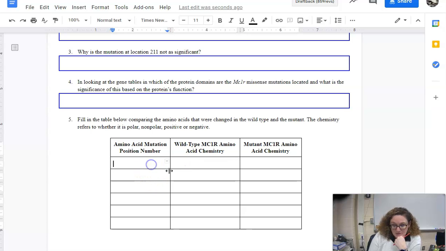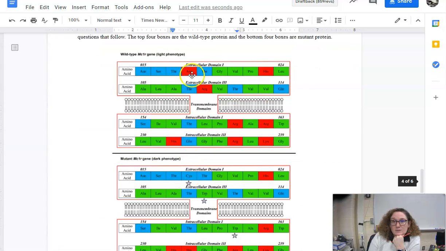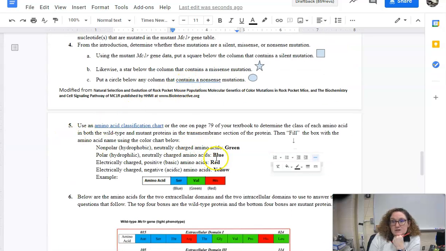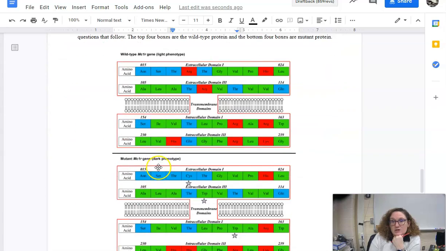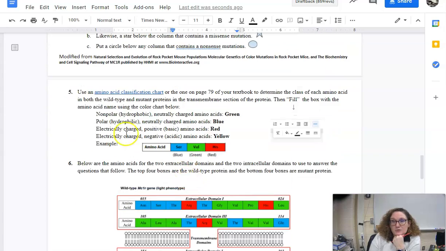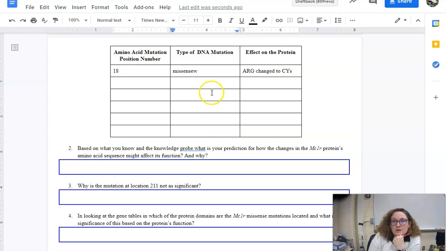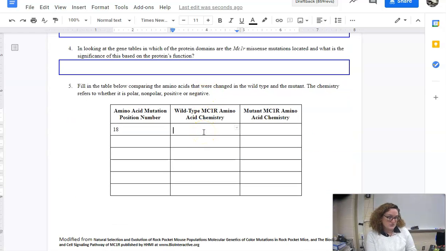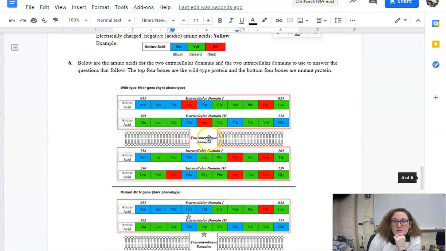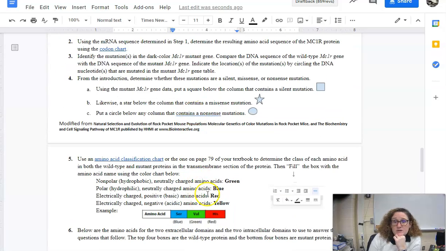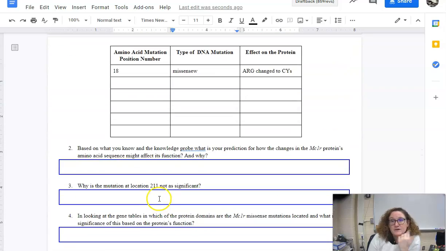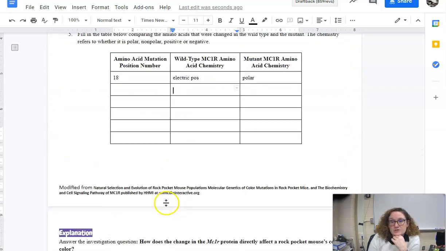So when I go back, my amino acid mutation was at location 18. So the wild type was red, which means that it is electrically charged, and my mutation is blue, which means that it's polar. So then when I'm filling in this chart, this was electric, I think it's positive, and this is polar. Okay, so you're going to record that based on the colors that you see up here, using this chart. Okay, so then you'll get that chart filled in, answer these couple of questions that are there,